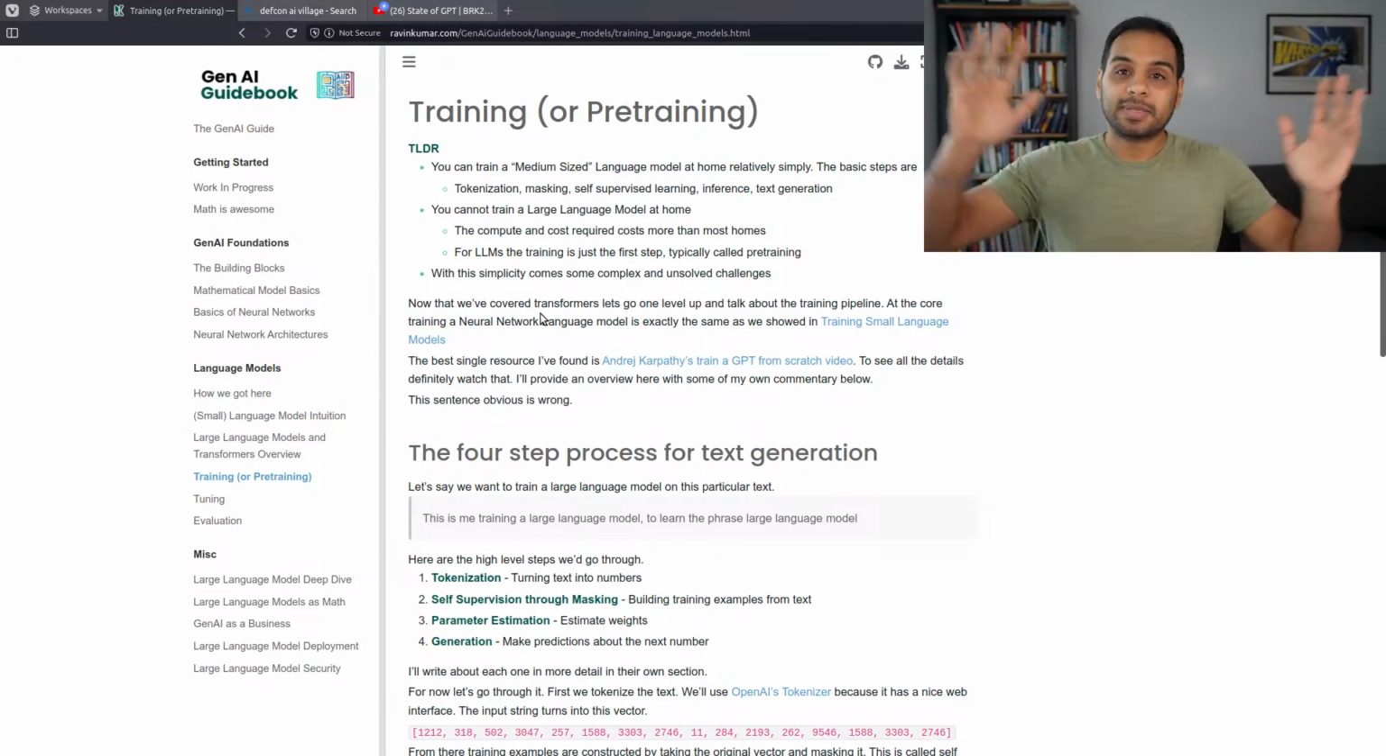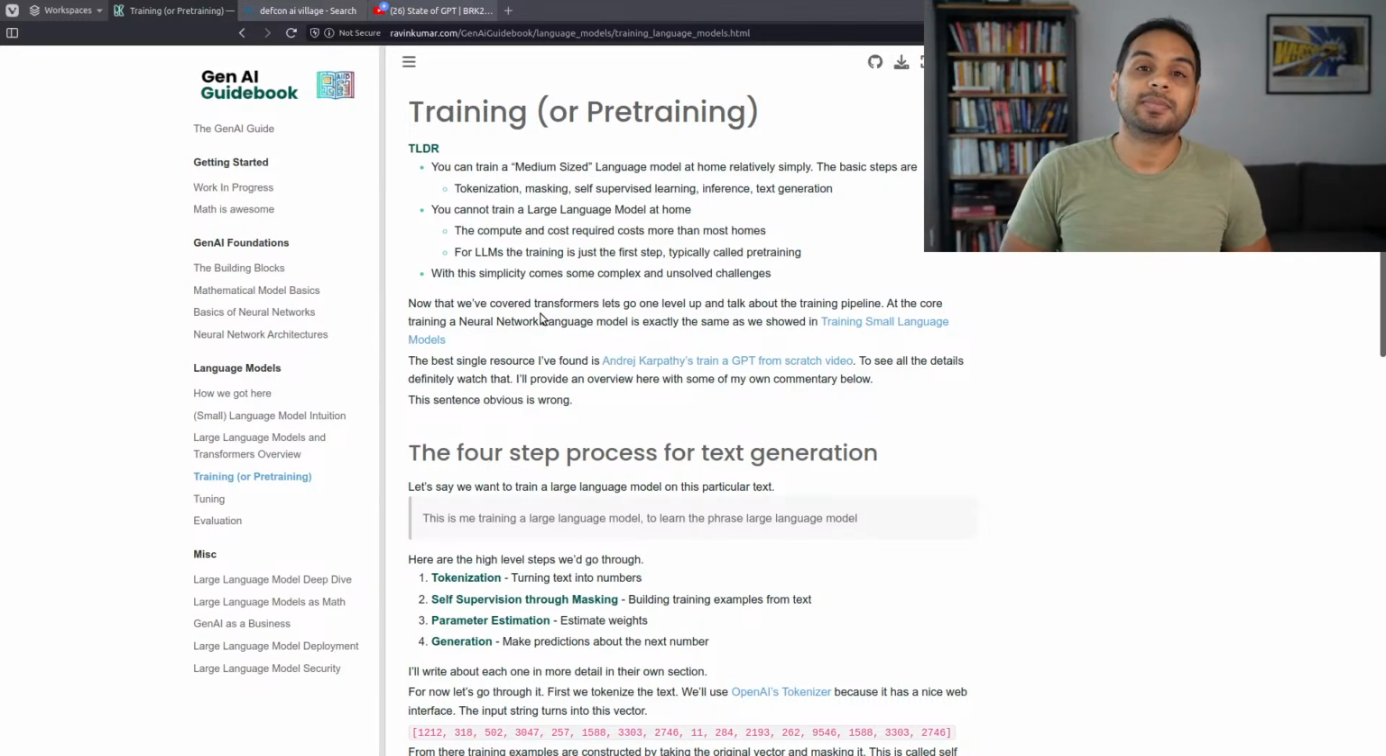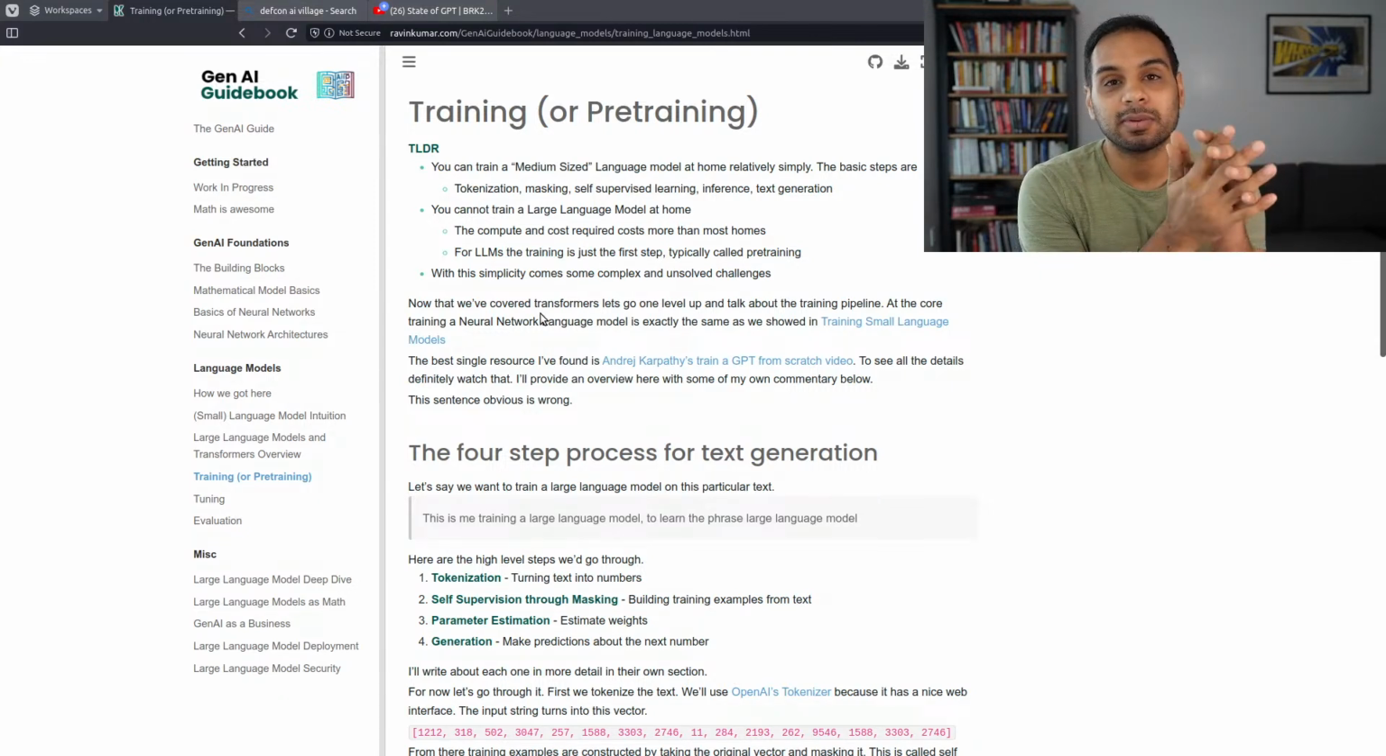So we take this and we scale this all the way up. That's what's happening in large language models. And so this is going to be our short session for today. We're going to talk about what's called pre-training. Now, I'll give you a quick